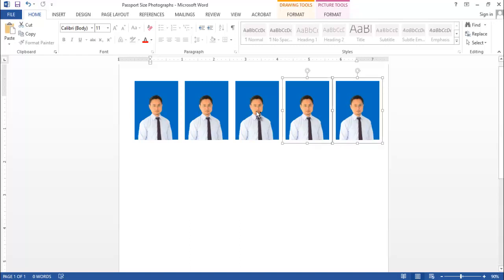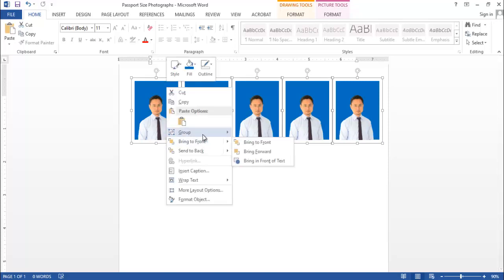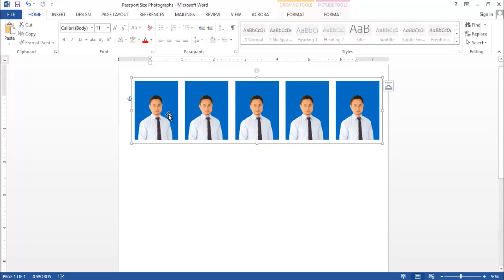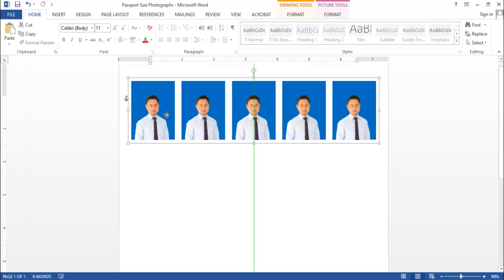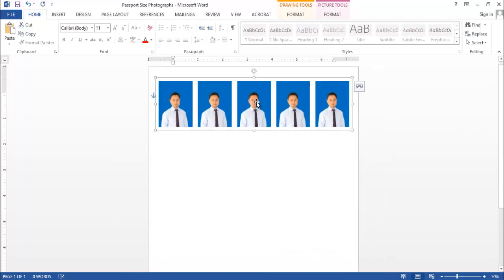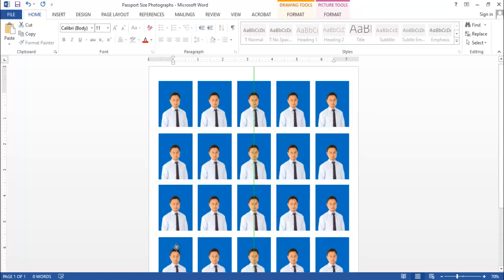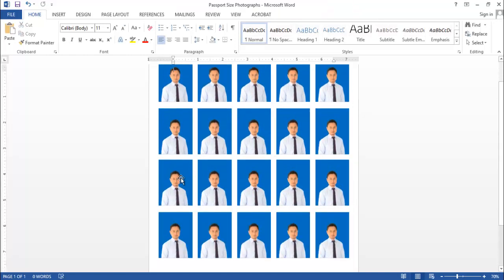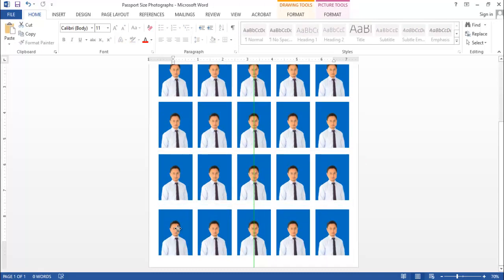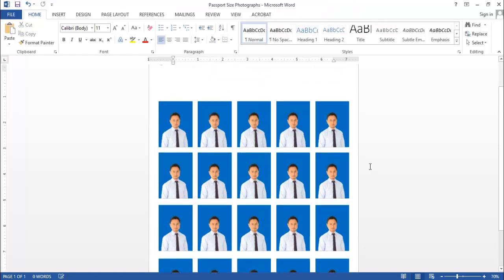Okay, let's group this, and after that we can click on this already grouped photograph and we can make the duplicate. You can make duplicate of this photograph by pressing Ctrl plus D or Ctrl Shift key together and continuously pressing the left mouse button and then drag the photograph so that you can make the duplicate of this passport size photographs. So see, we already created different photographs,